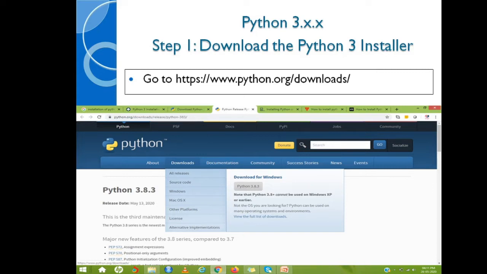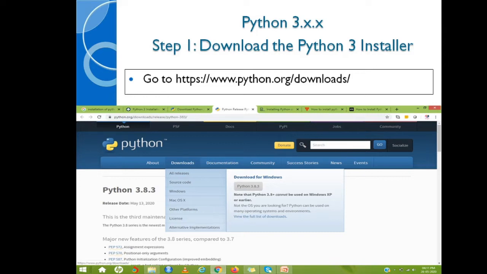So go to the python.org downloads and then go to this downloads menu. Under that you can select which operating system you are using and go to the corresponding operating system, and the up-to-date current version of Python is Python 3.8.3.